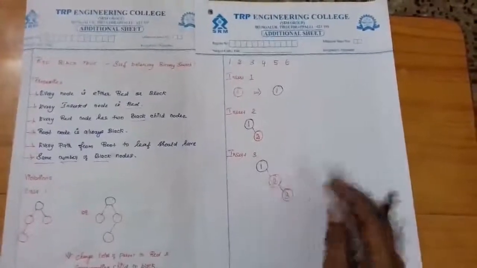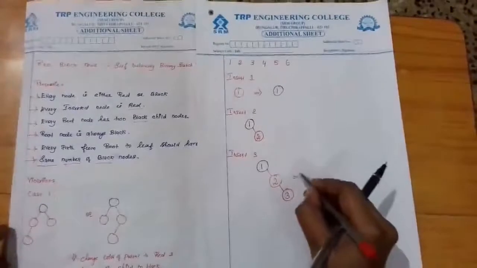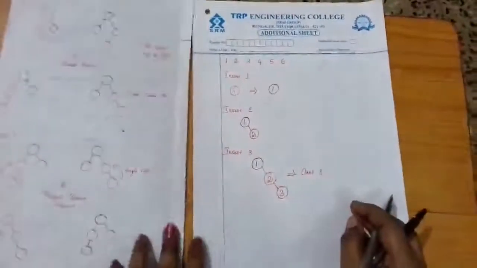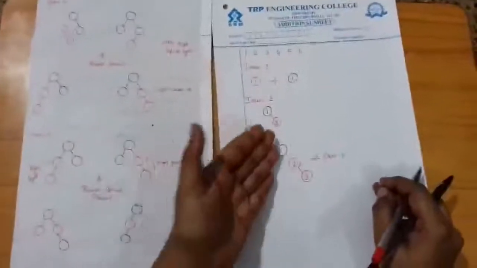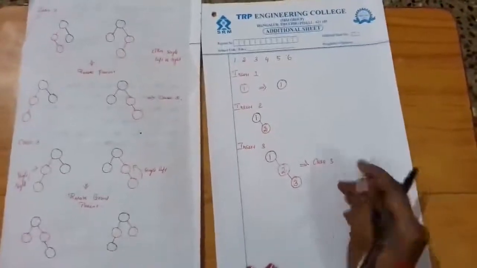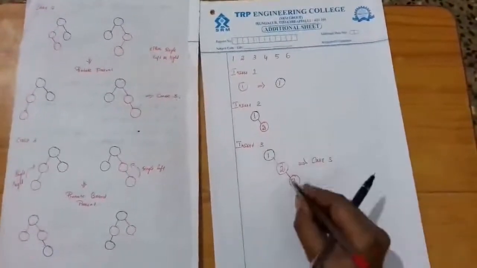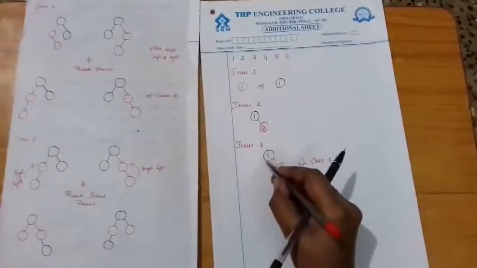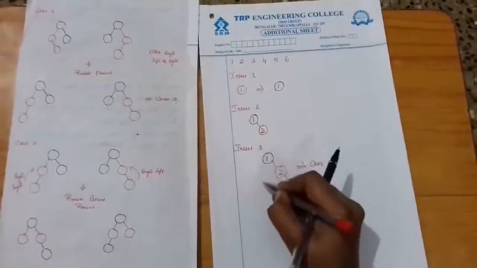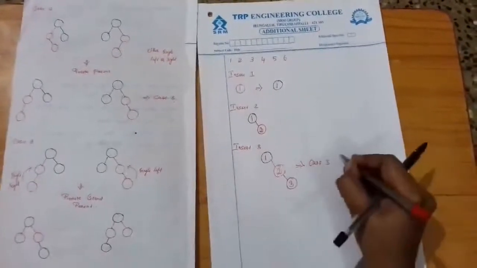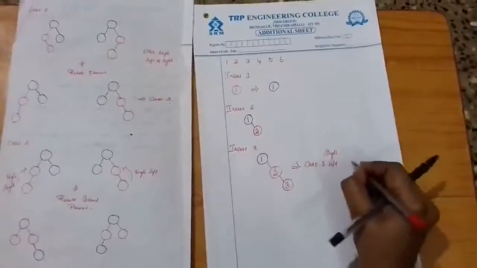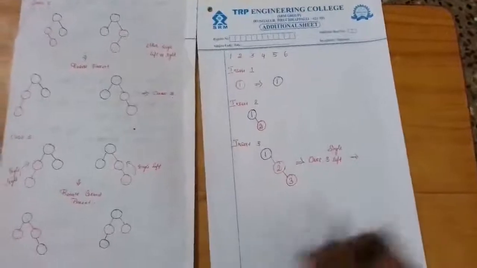So we match with a case. So this is case 3. So what is the solution for case 3? If there is a left skewed or a right skewed red on red relationship, then we need to perform either a single left or a single right. So in this case there is no left subtree, so we need to do only one left rotation. So after doing a single left, we get a resultant tree as